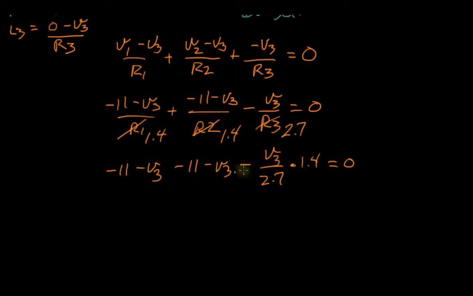Now we'll gather the like terms together and put all the constants on the right side. So I get minus 2 times V3 minus 1.4 V3 over 2.7, and that equals